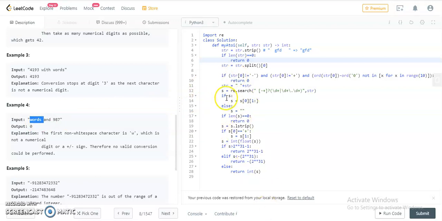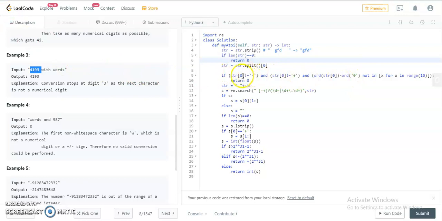Further, everything I do will be done on this first substring of the string. First I will check whether this particular string is a numeric string or not, and check if any case violates.